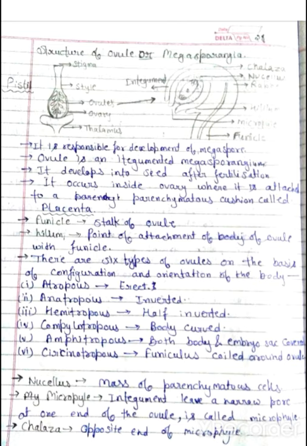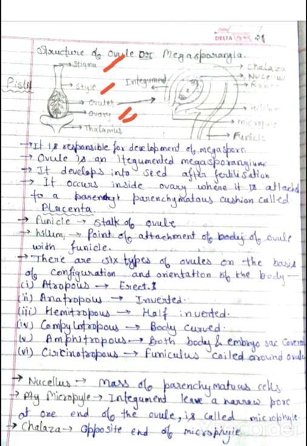So here it is. I told you that I will show you the diagram of a complete pistil, which contains stigma, style and ovary. This is the structure of a complete pistil, and here this is stigma, style and ovary, and this is thalamus. So the ovary contains ovules, it bears ovules. You can see here.